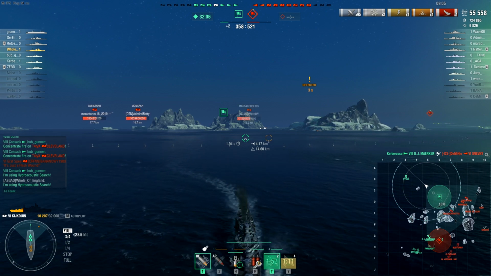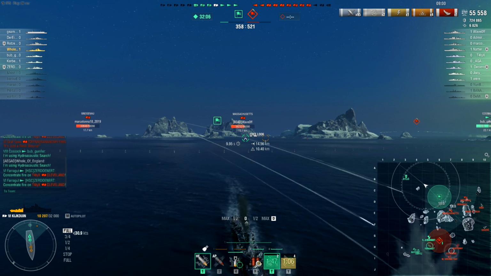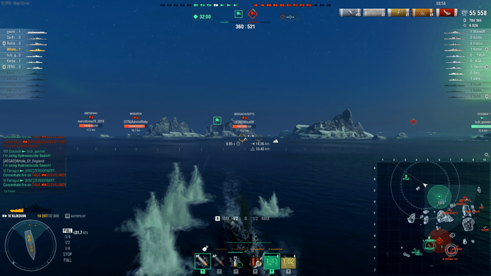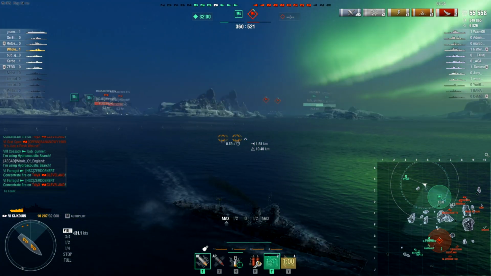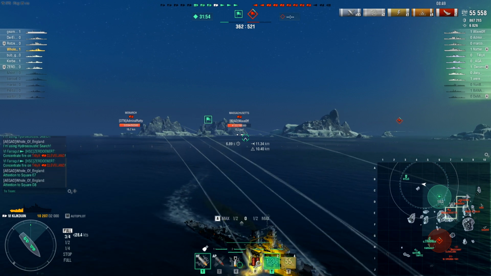So once we go unspotted, then we should be safe. Now they are still firing armor piercing. I'm just going to move to the right a bit. Okay, we should be all good now. So I'm going to start turning in and maybe use this island for a bit of cover. But yeah, we're going to need our team to do something